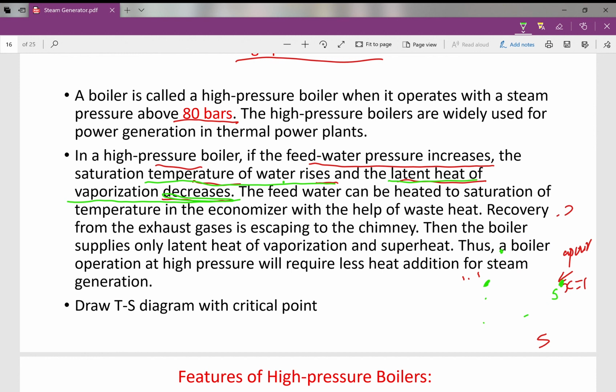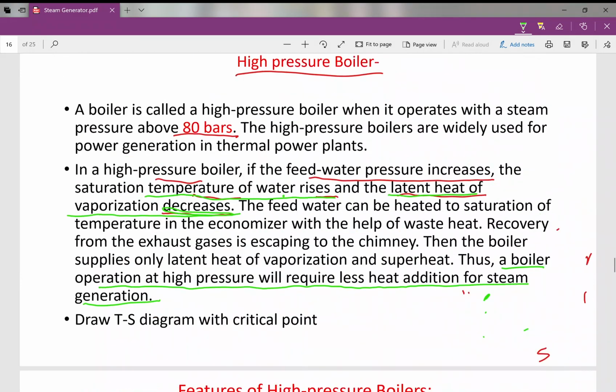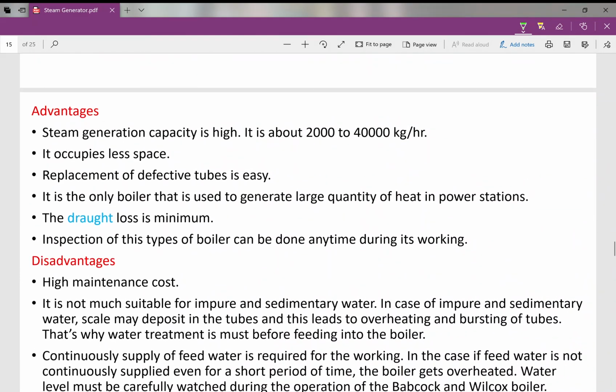Therefore, it is clearly mentioned over here, thus a boiler operating at high pressure will require less heat addition for steam generation. So next we will go through